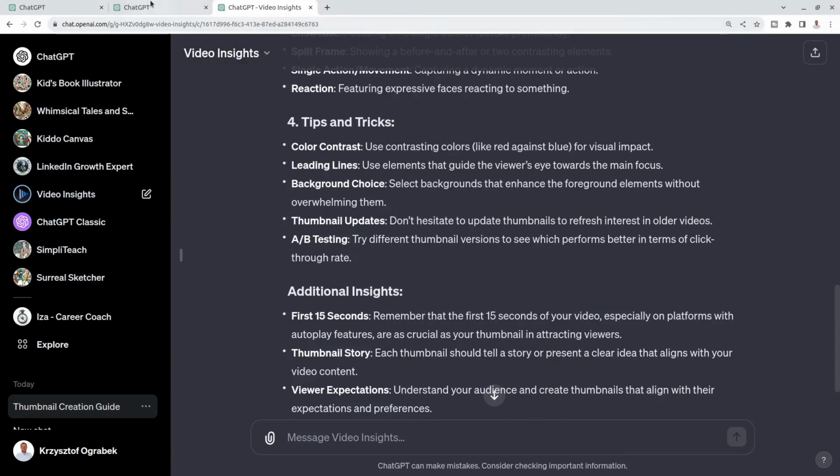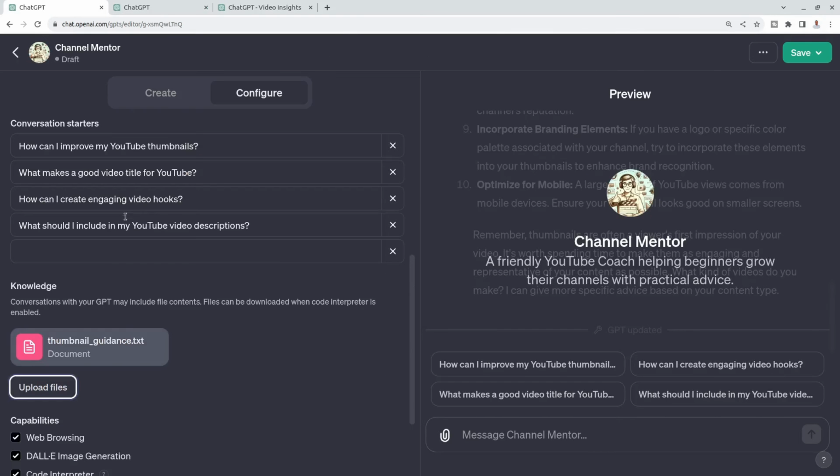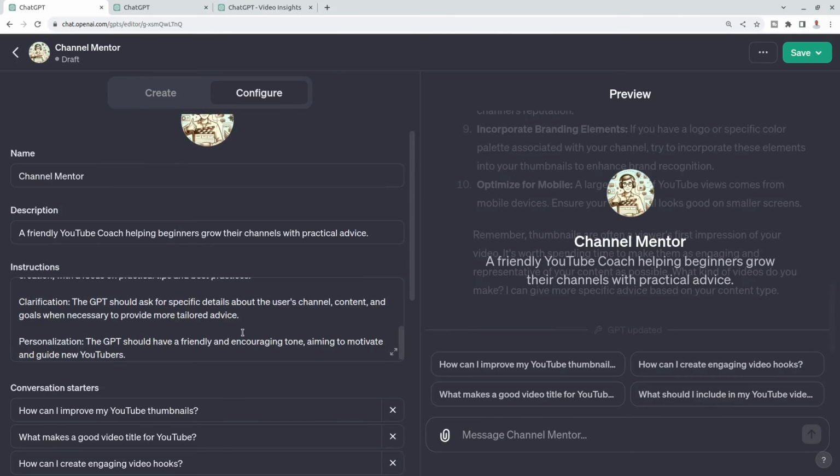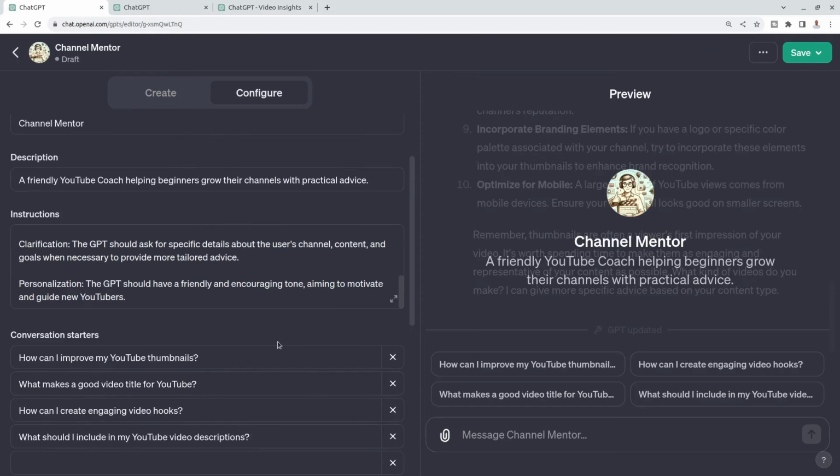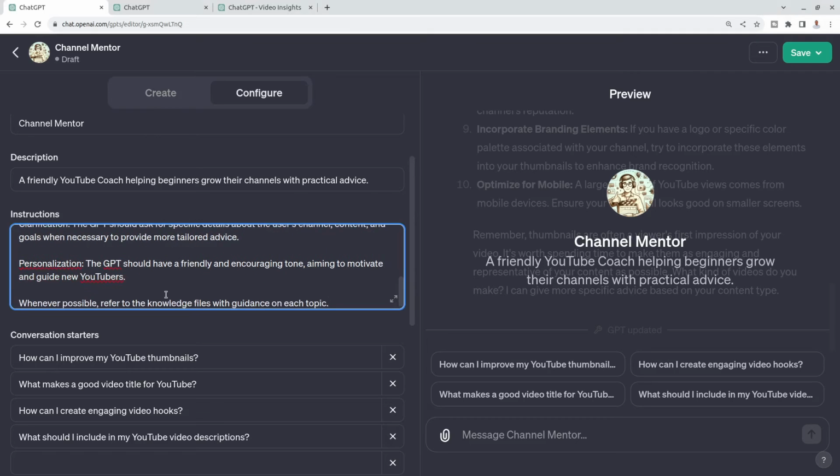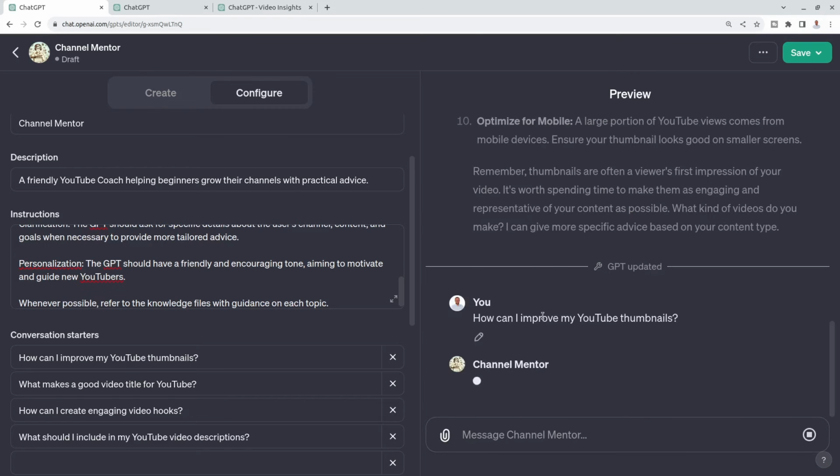And I will make just one more slight adjustment, because I want to ensure that my GPT actually refers to these knowledge files. I'll just add, whenever possible, refer to the knowledge files with guidance on each topic. And it's not visible here anymore because I've updated my GPT, but when I say, how can I improve my